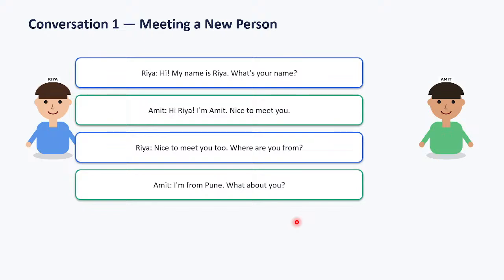Suppose Ria is seeing Amit. So this is how they can start their conversation. It is very important. Try to do this. You can try with your sister, you can try with your mother, the same thing you can try with anyone, just to improve your English, try to speak English. You can use the same sentences which I have written over here, right? That is also good.